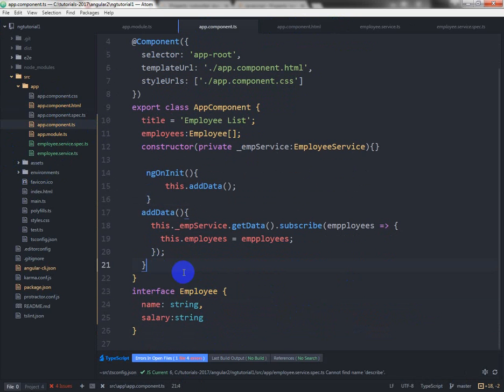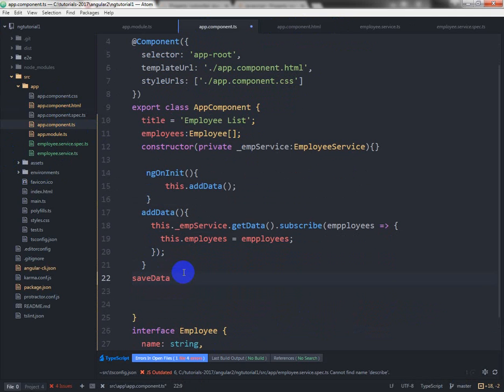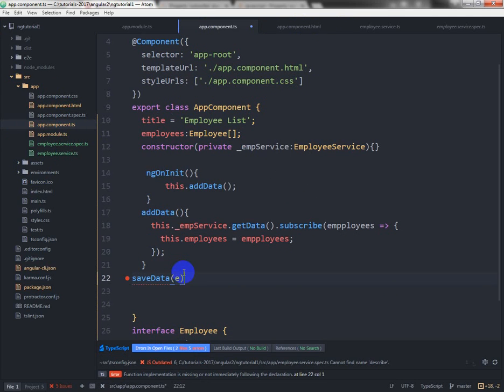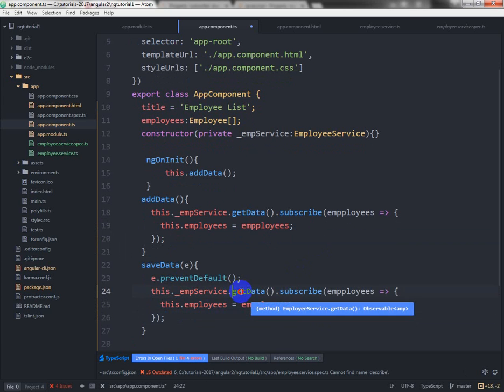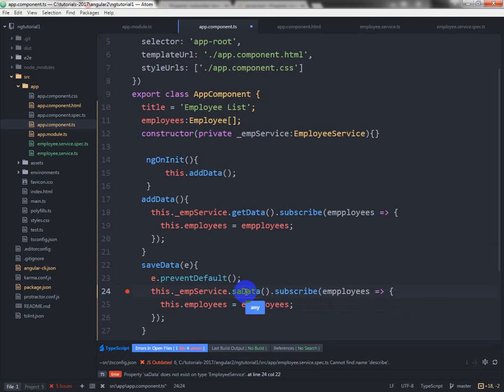Here save data, prevent default, and I need to use some add service, that is this line I can copy, but I need to change this data, save data,